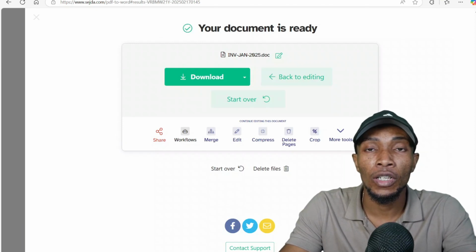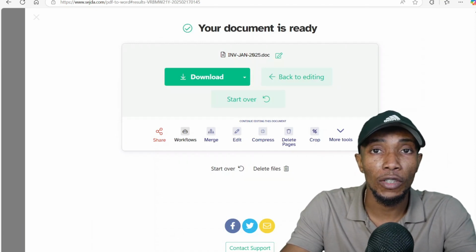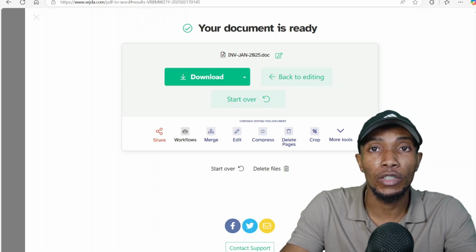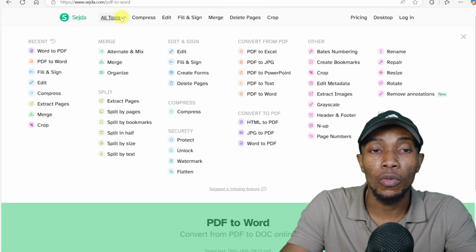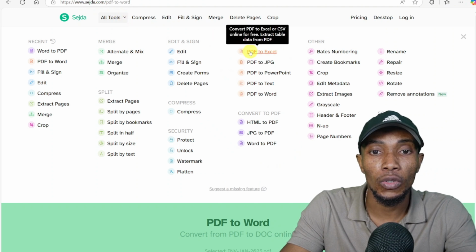In this video, I'll be sharing with you how you can convert a PDF document to a Word document. To achieve this, you need to go to seda.com. The link will be in the description of this video. Now once you're on the website, you're going to go under the tools menu, and under